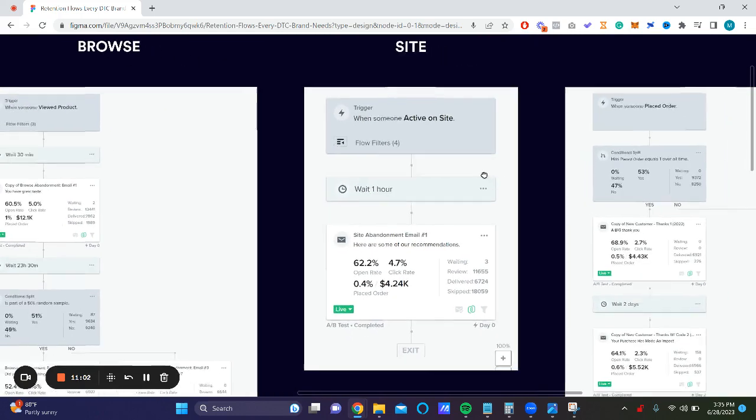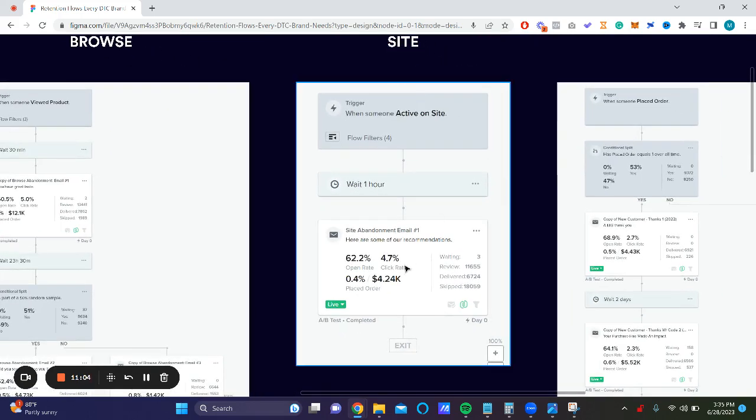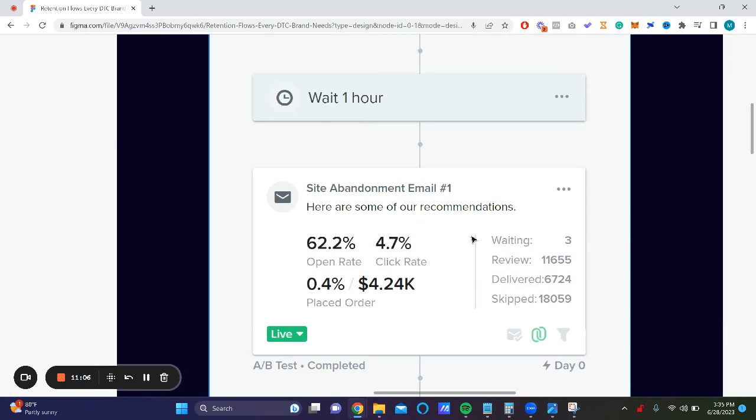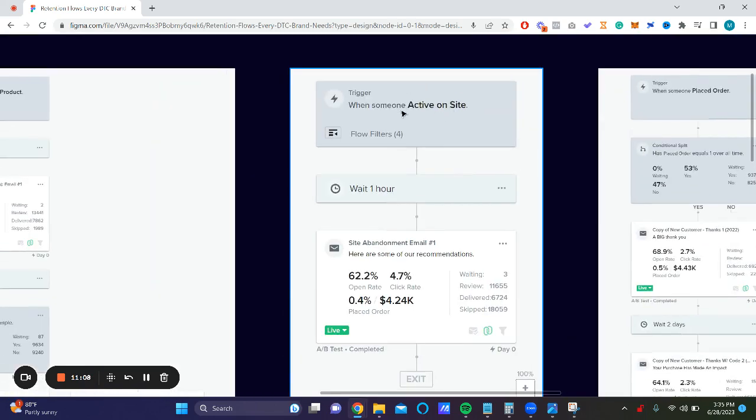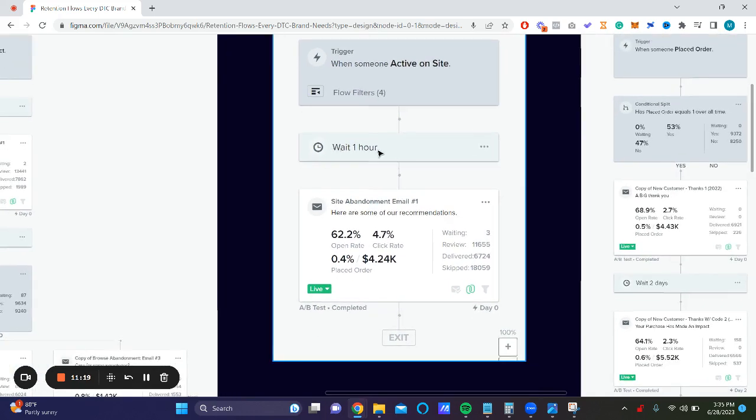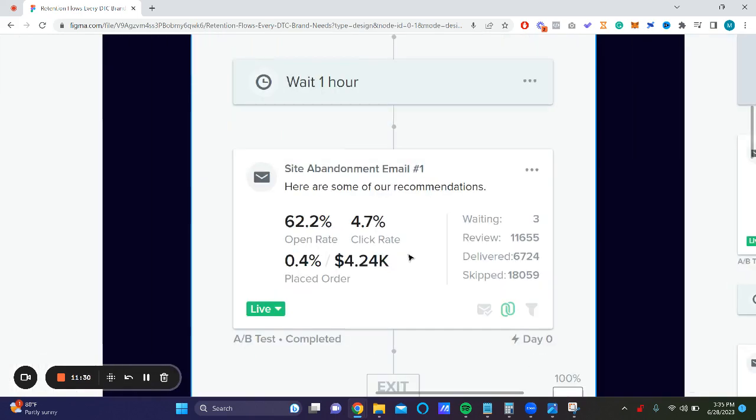Finally, or not finally, almost finally, we've got the site abandonment. This one's super straightforward. Essentially, anybody who's active on site, you want to be pretty conservative with this. Only send this once a month maximum. Basically, that's a flow filter: has not been in this flow in the last 30 days. Wait 1 hour. Well, actually, you want to A/B test this, but anywhere between 1 hour and 4 hours, or even 30 minutes. And basically, you're just going to be coming at this from the frame of a helpful shop assistant. It's like, all right,